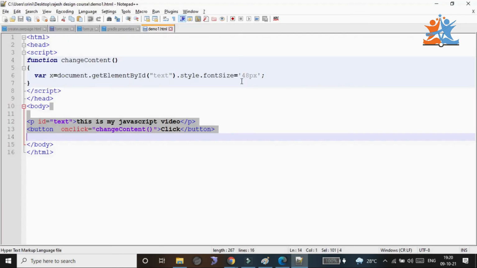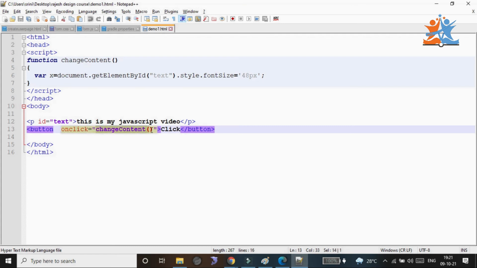How the script works with the help of inner HTML we already discussed. How the event will happen. So this is called an event. What is the event? Changing content is an event. Sir, in CSS we have three levels of CSS. We have inline CSS, embedded CSS, external CSS. The same way we have inline JavaScript, embedded JavaScript, external JavaScript.